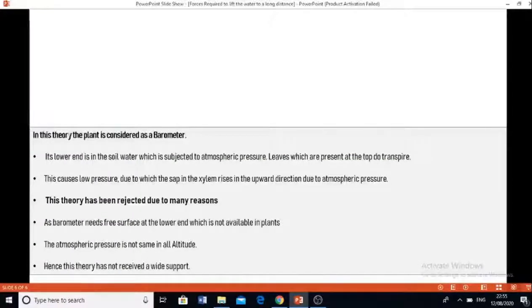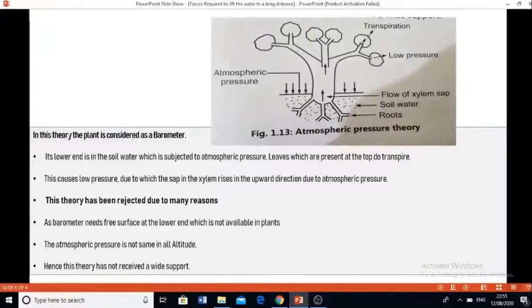The next theory is the atmospheric pressure theory. In this theory, the plant is considered as a barometer. Its lower end is in the soil water, which is subjected to atmospheric pressure, and the leaves present at the top do transpiration. This causes low pressure, due to which the sap in the xylem rises in the upward direction due to atmospheric